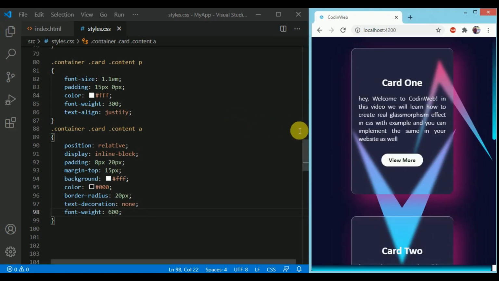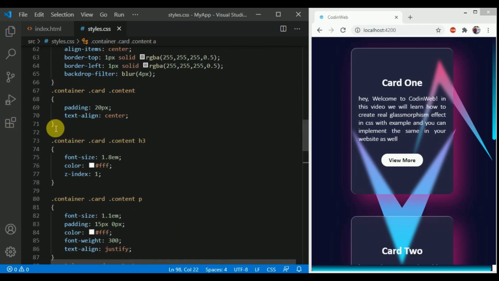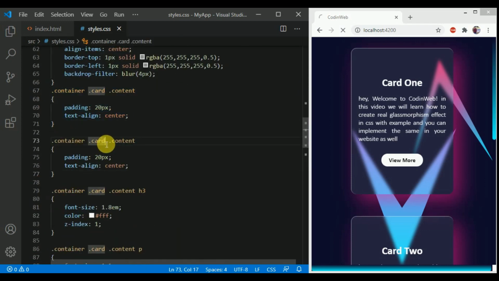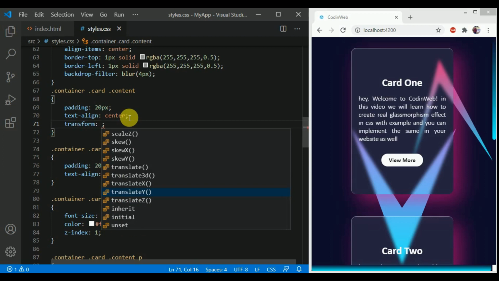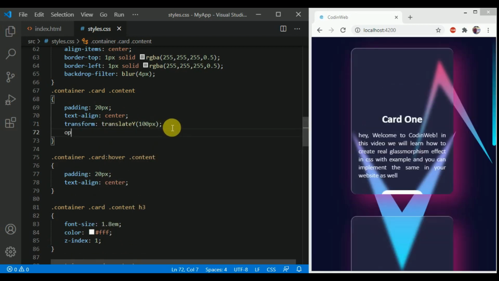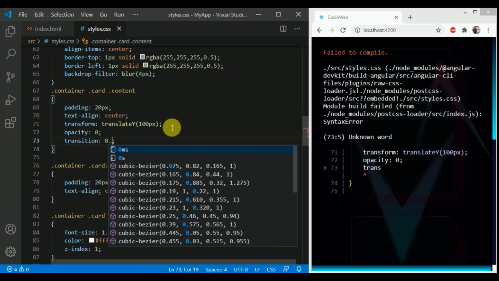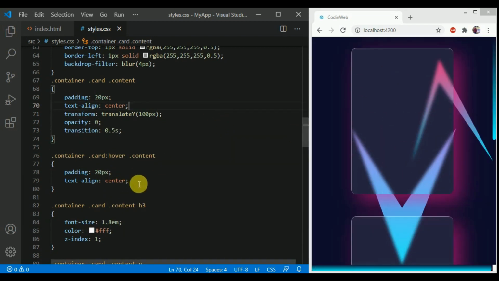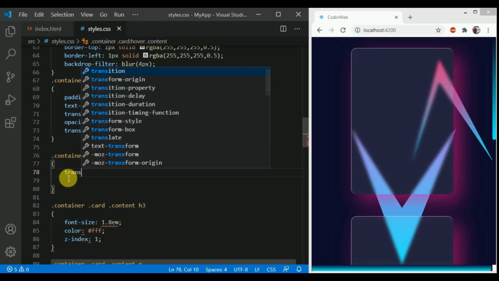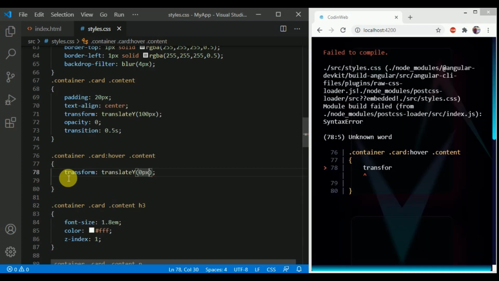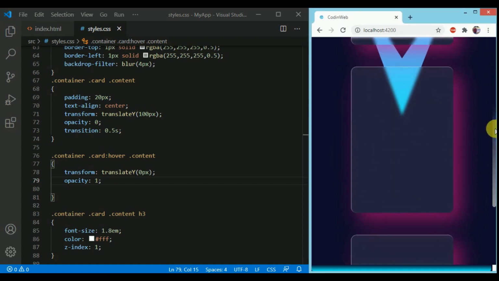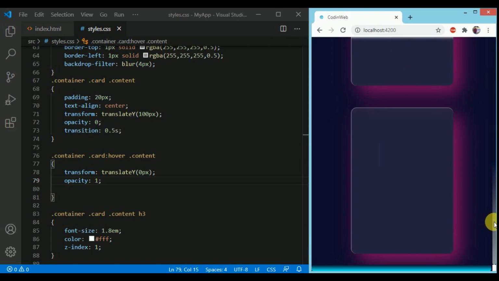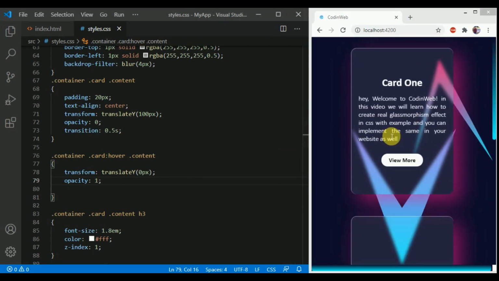So now the last thing is we need to add some animation on the cards. That's it with the design of our cards.